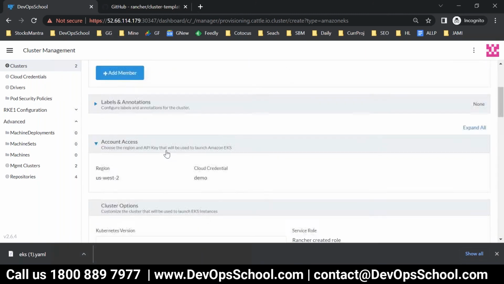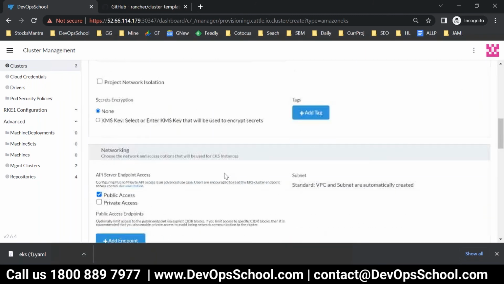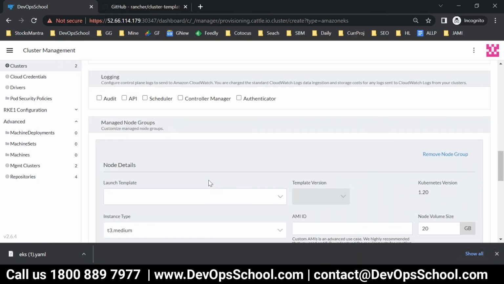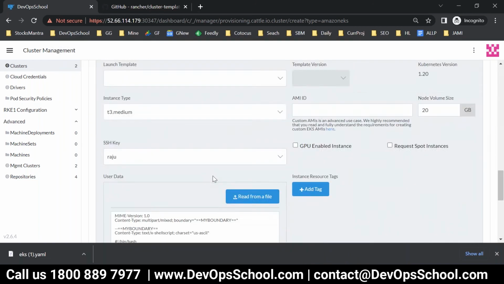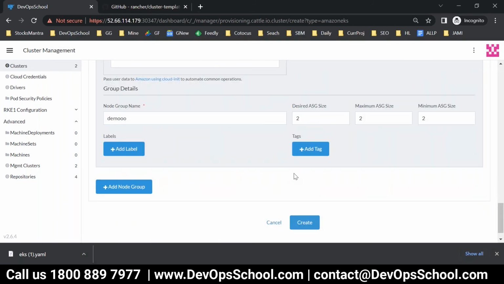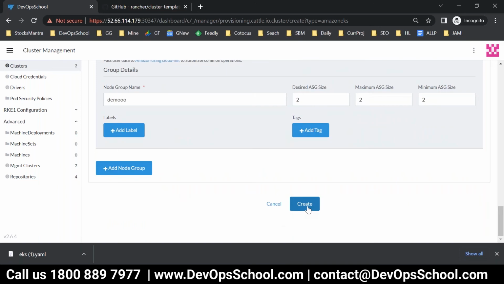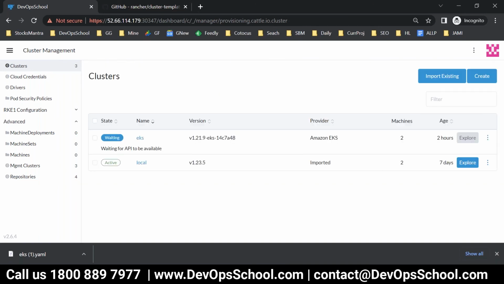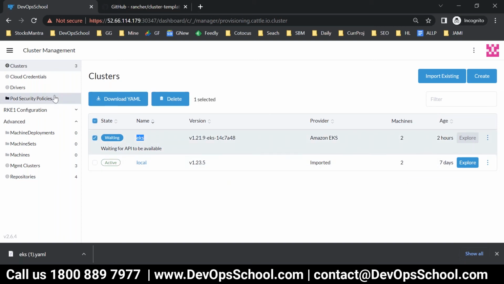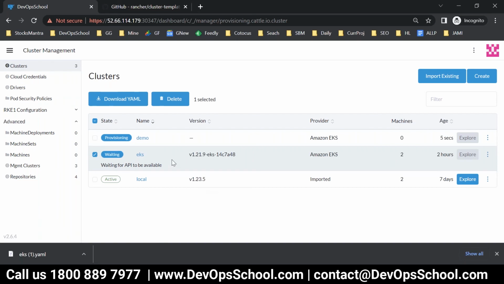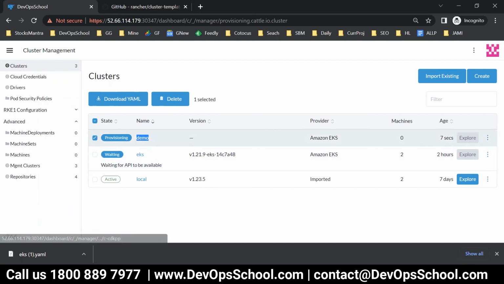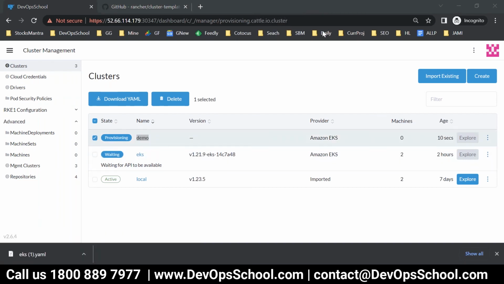Okay, demo, and yeah, it's selected. That's good. And here it is, and that's all. So yeah, everything is okay, and click create. That's all. So now just wait for it. This is the older one, and here you see provisioning is done. Now I'll show you in the AWS this whole provisioning,